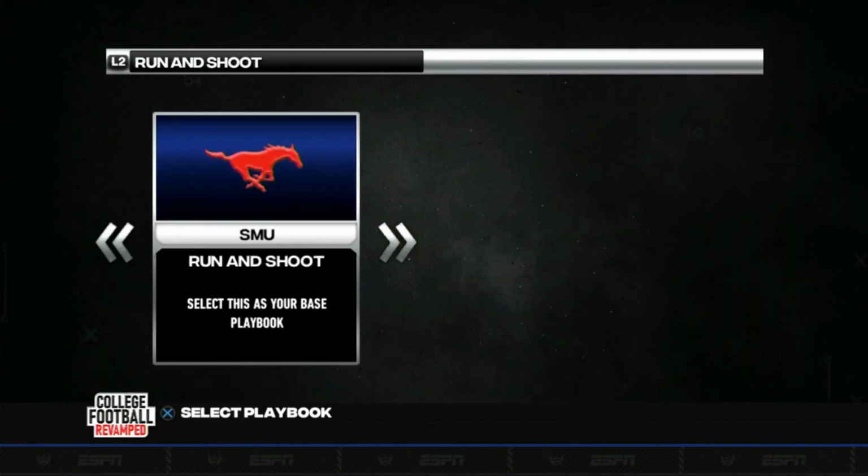Now, when it comes to the run and shoot offense, it's exactly what it says. Only one team has this playbook, SMU, and run and shoot is basically breaking down the defense with the run and then bombing them over the top with the pass. And there's not too many situations where you're really going to need or use this playbook, so I wouldn't